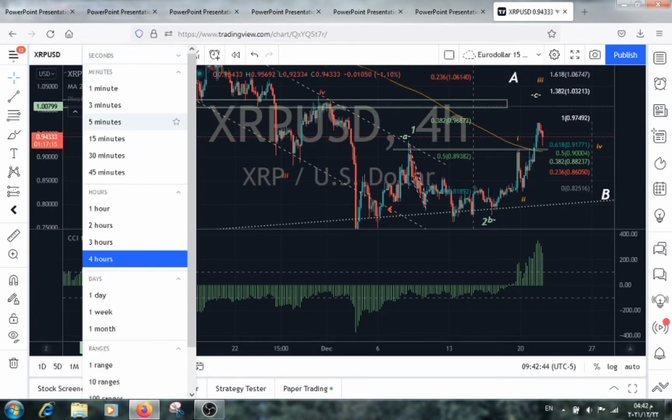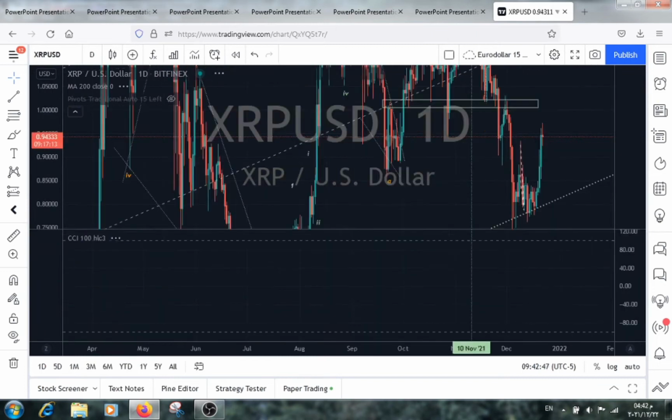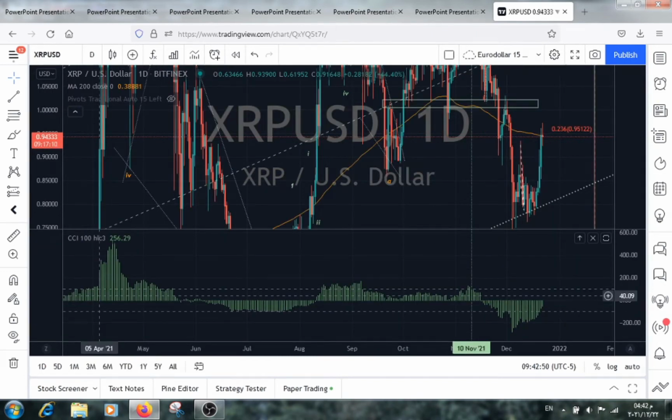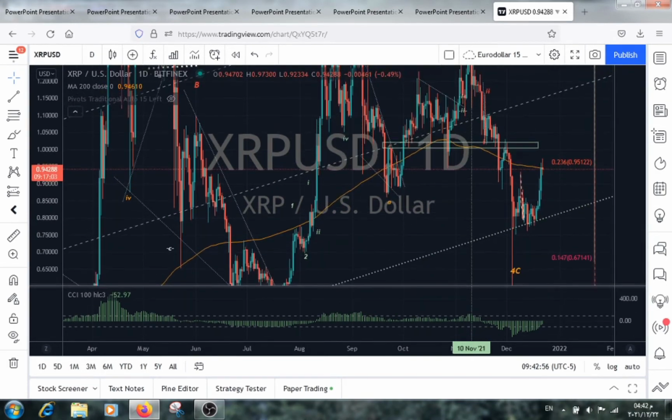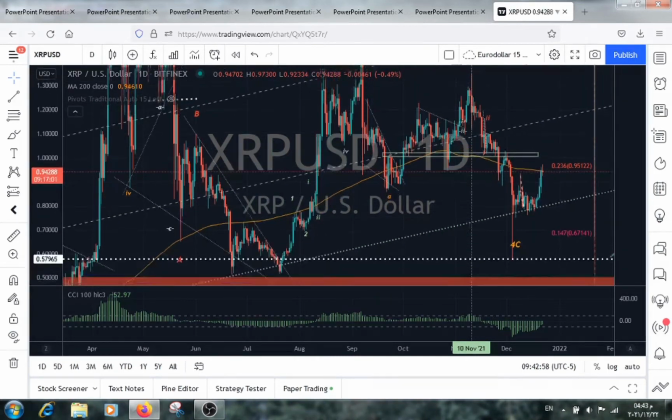Excellent, as a matter of fact. And the day, we haven't really looked at this, it's going to be doing a zero line rejection, or it's going to be doing a level 1. Okay, so if the daily chart is going to be doing a level 1, we expect then